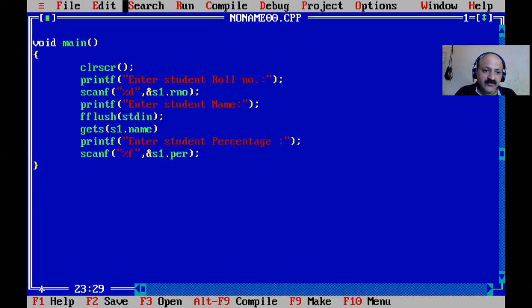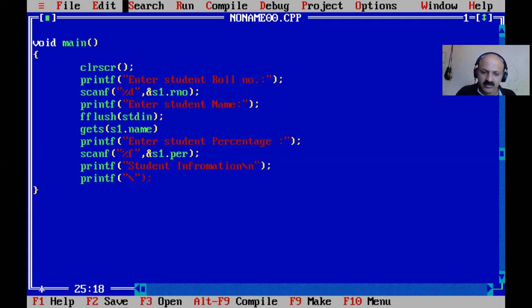Now we first print directly in main and then pass to UDF. We give the heading student information and then slash n, and we print it vertically because there is only one student. If there were an array of three structures we could use table format, but here it is not required.